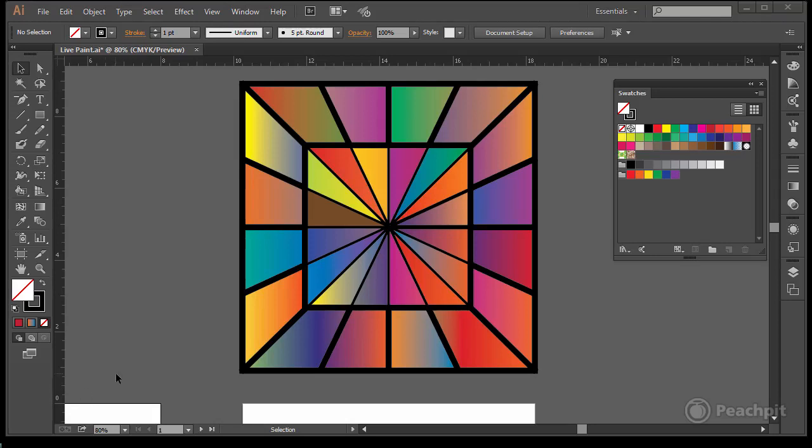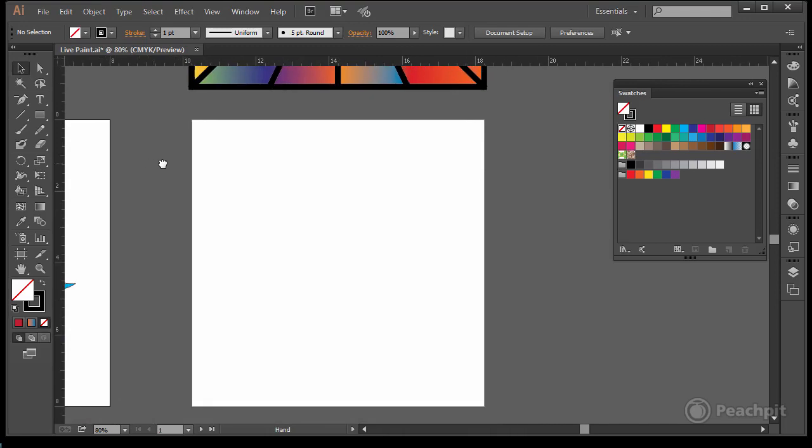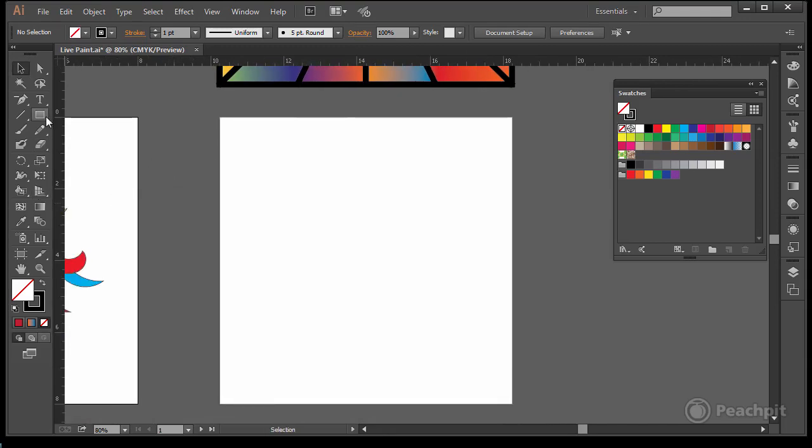Let's have some fun with the live paint bucket to create a nice mosaic like this. I'll show you the steps. We'll begin with the rectangle,